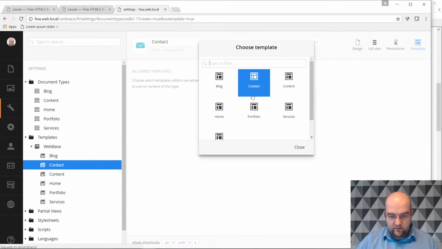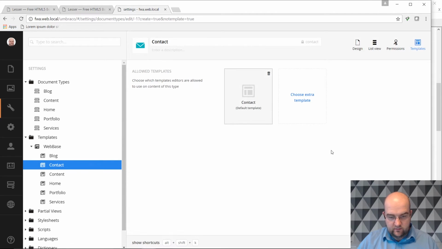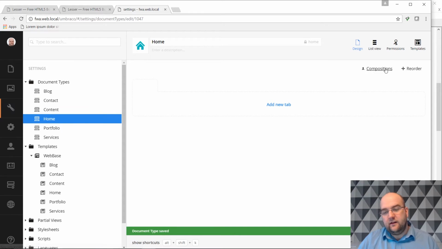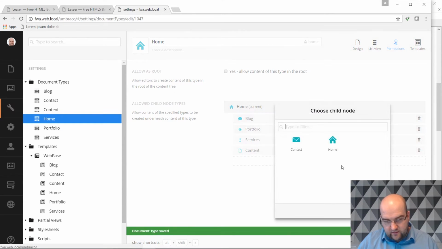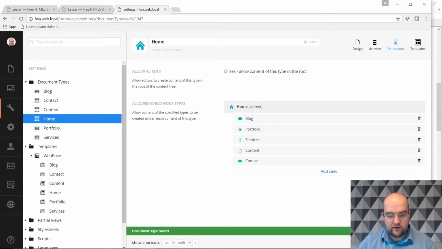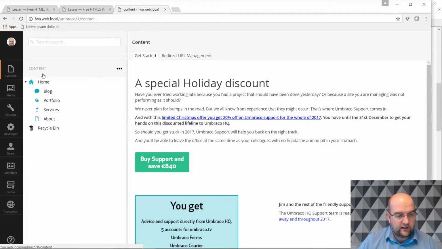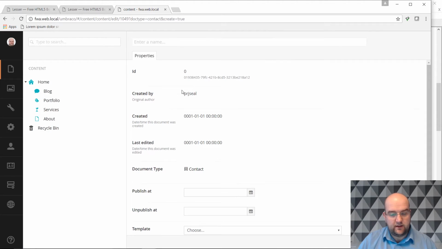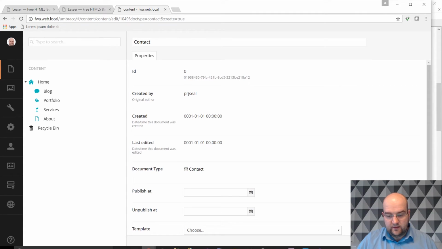Relate this to the contact template. Click on save and then go to home again, into permissions, click on add child, contact, save. So now I've allowed all 5 of these to be created underneath home. And if I go to content and I do click on home, I can now add the contact template, sorry, document type, creating a content item from it, and I'm going to call it contact, and I'm going to save